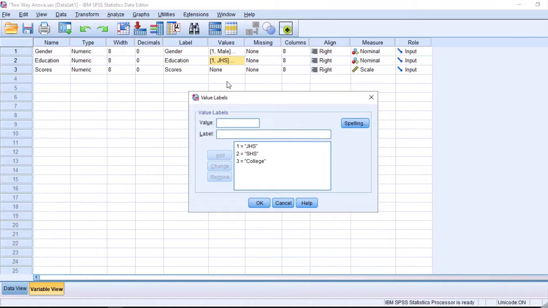For the value in education, we have 1 is junior high school, 2 is senior high school, 3 is college.